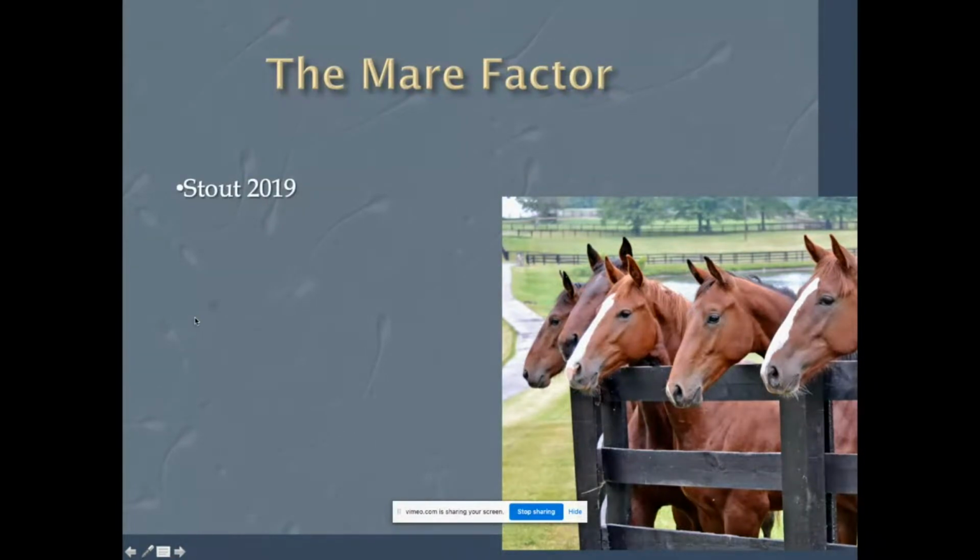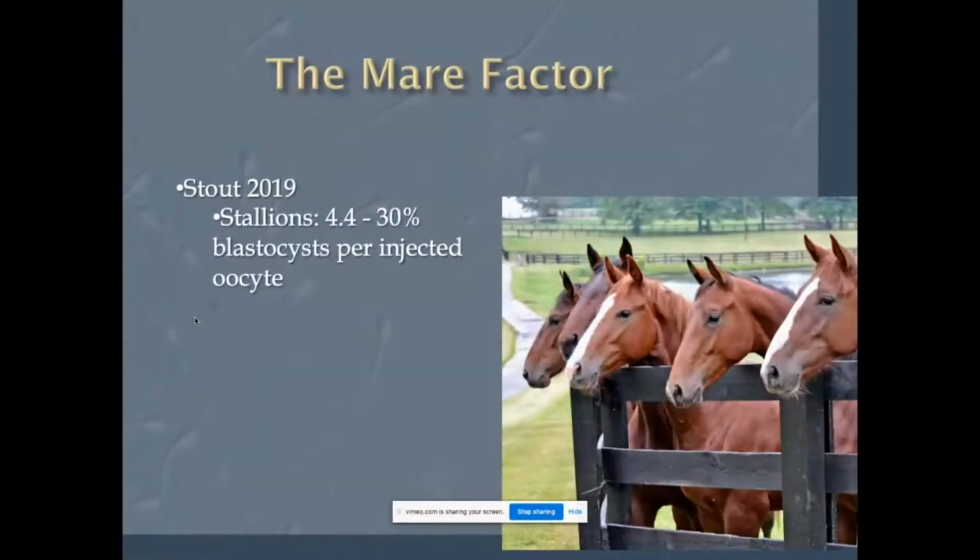One of their endeavors into figuring out information is they found that when they looked at a large group, took stallions that were used more than 4 times in a season, they varied considerably in results between stallions, between 4.4 and 30%. And I'm sure Dr. Ghali will get into this much better in his talk. So the average per OPU for these stallions was anywhere from 0.37 to 1.57